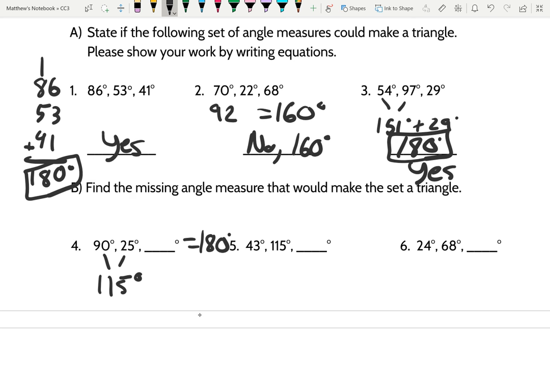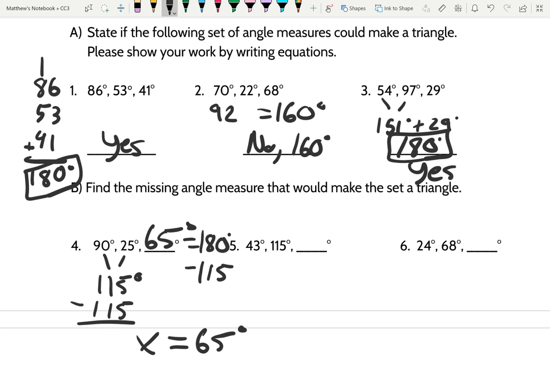And then we're going to have to subtract that from both sides of the equation. That way we'll get x alone. So we subtract 115 from the left side and the right side. And that gives us x equals 65 degrees. So we can write in here for the missing angle, 65 degrees,